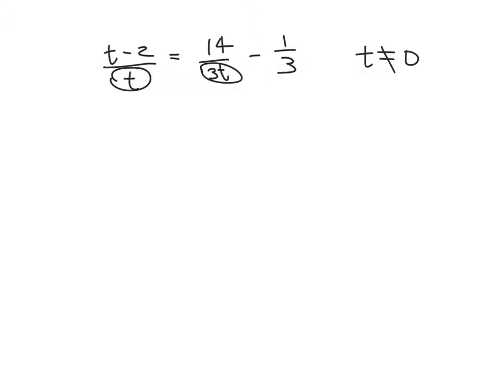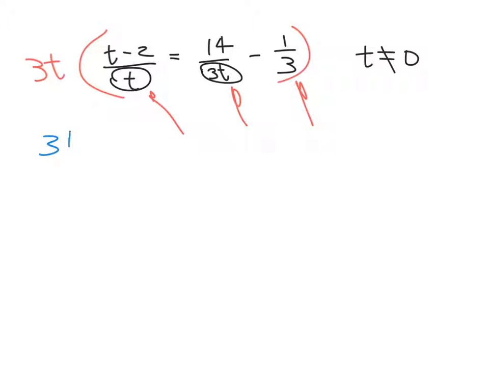So we're looking for something to multiply this entire thing by in order to get rid of the fractions. Well, we have a t and a 3 and a 3t. So the thing we need to multiply it by is 3t, because that takes care of this t, this 3t, and this 3. Okay, so we just put the 3t up here and we multiply the whole thing by it. Now if this were added, 3 plus t, then we'd have a 3, a t, and a 3 plus t. But since they're multiplied, we just look and say, oh, my common denominator is 3t. Okay, so then we multiply that 3t through,